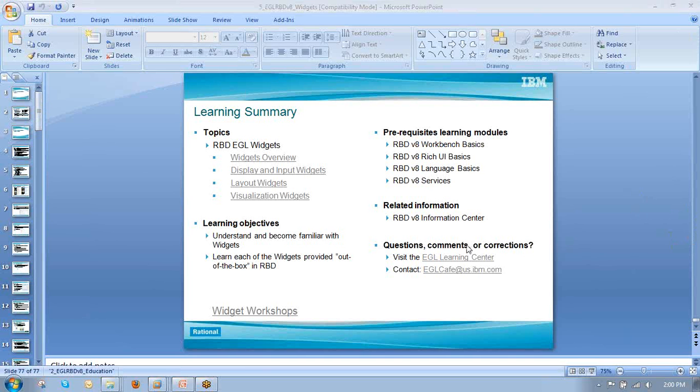Please try to go through these slides, and get experience with these labs and what we have covered today. Try to explore these widgets and play with them, create a Rich UI handler, put some widgets on that handler and try to change their properties. See in the properties view what properties are there for each widget, and when you change a property value, what